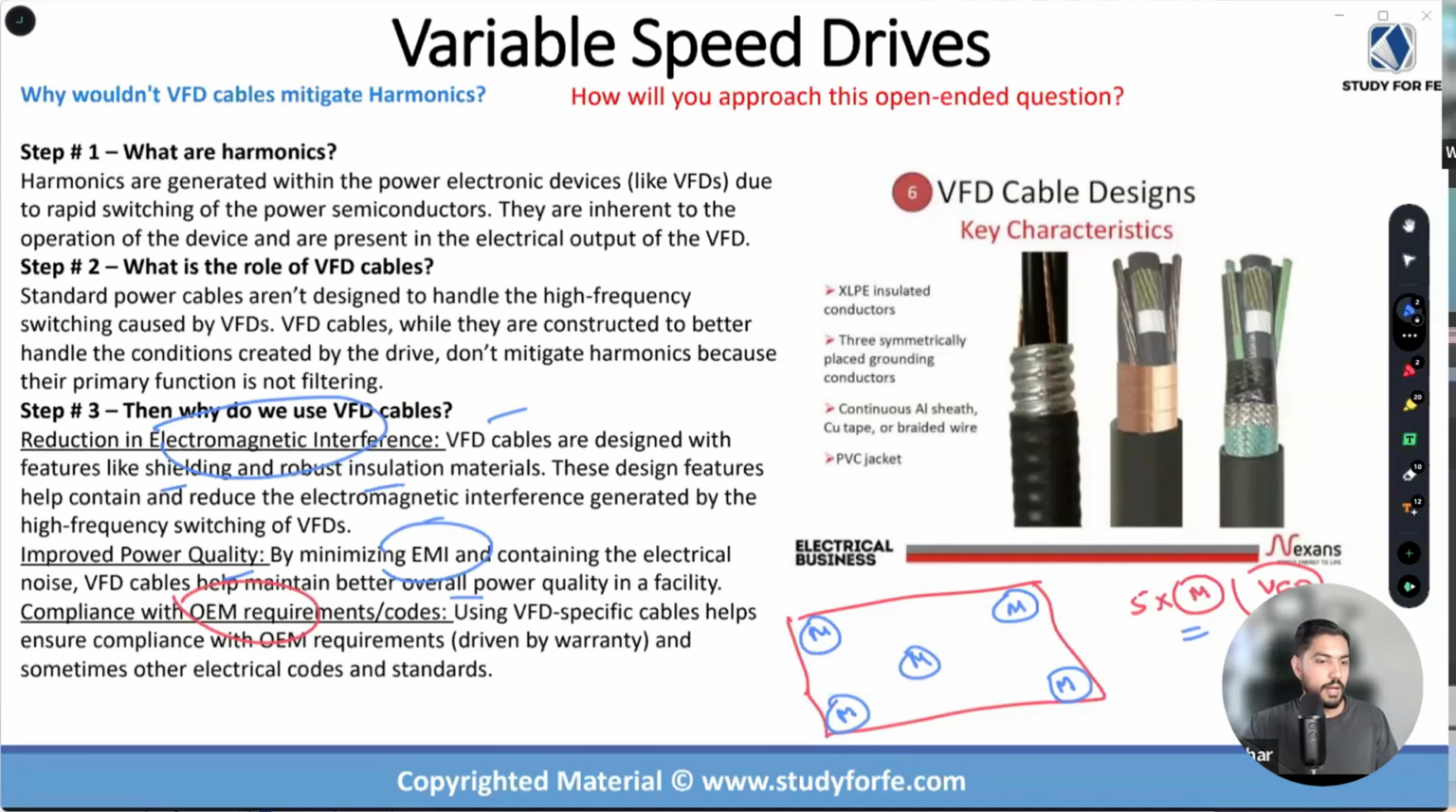Now, how does this impact you? It impacts you because these cables are very expensive. So much so that your cost of the VFD cabling can become equal to or sometimes even exceed, depending on how bad this scenario is, even more than the cost of the VFD, right? And the project manager is then going to be breathing down your neck, like, what is this? Why do I have to